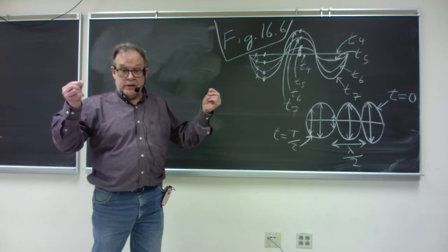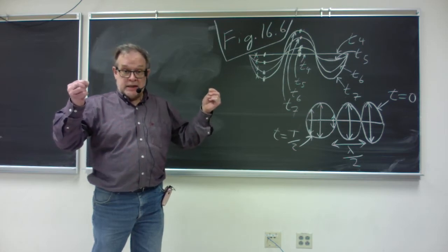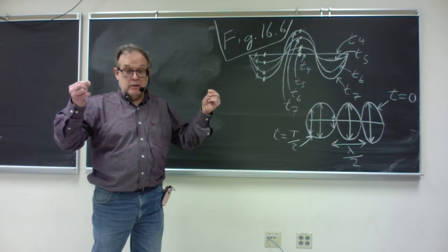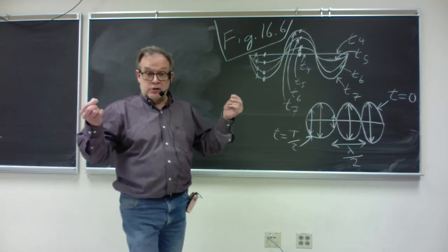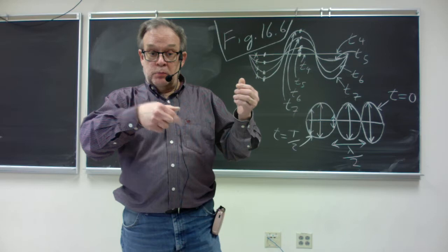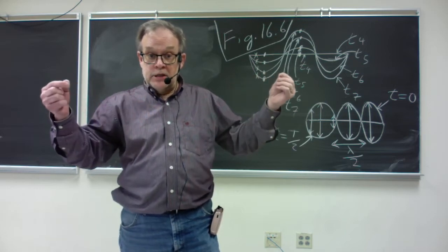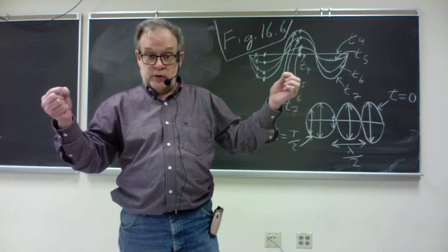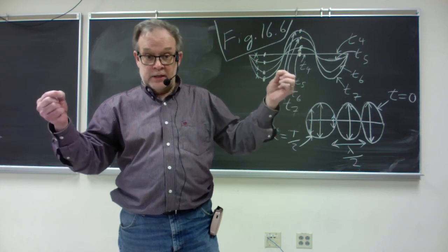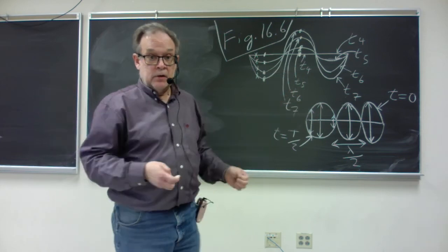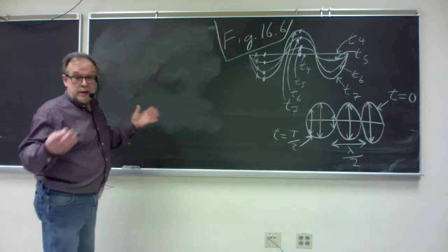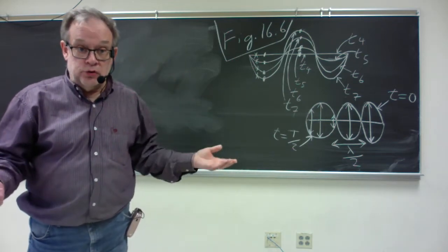The two ends of the string are always tied down, fixed. I can think of a guitar string. You pluck the guitar string and it vibrates, but the ends of the string don't vibrate. They're fixed in place. So, in other words, the two ends of the string are nodes,